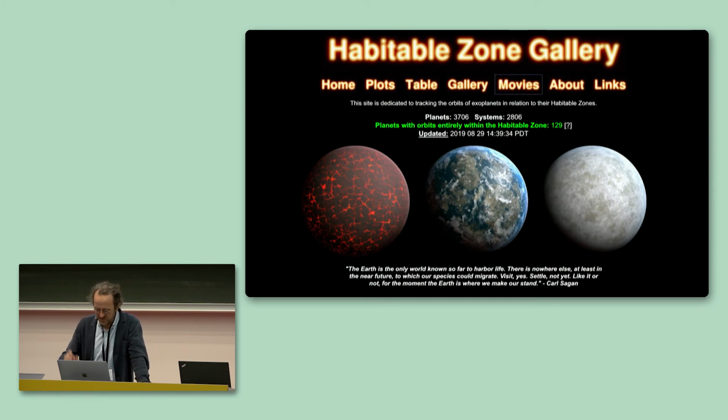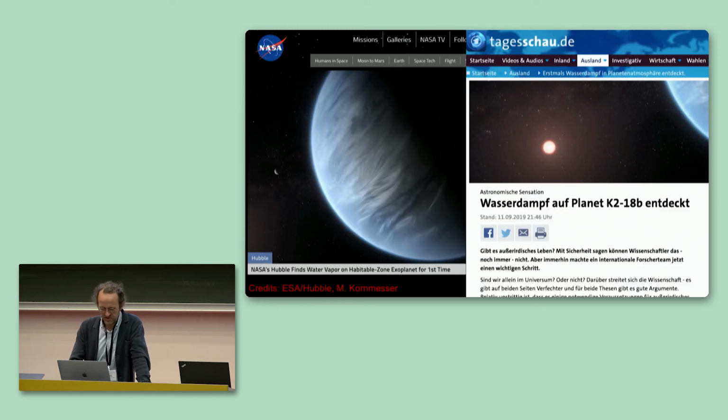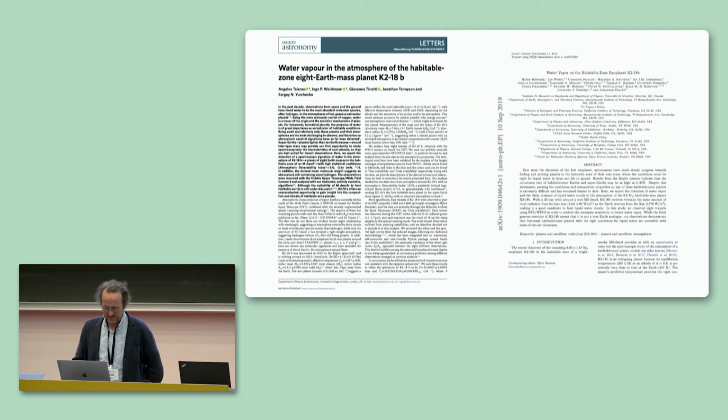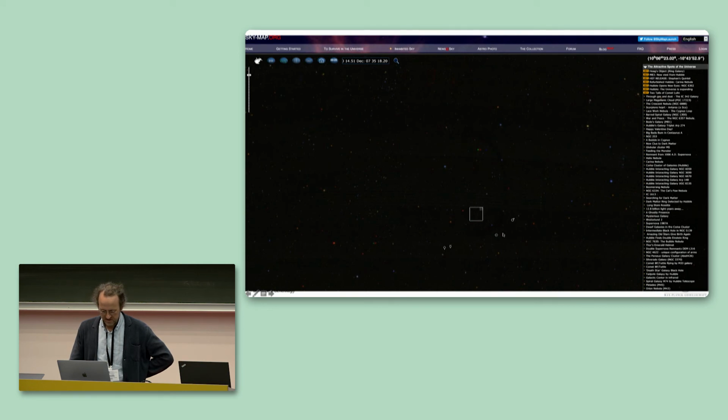And then just a few days ago, on Wednesday or Thursday, there was news that people found water vapor on this planet, K2-18b. I first thought that's nice, but then I got an email from my collaborator in New York. He said, did you notice this is actually one of the planets that we discovered? So that was quite nice, and this is now a big thing in astronomy. It's the first habitable zone planet with proof of water vapor in the atmosphere. I had to check where it is, and it lies